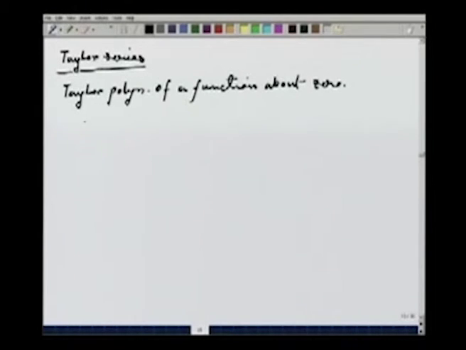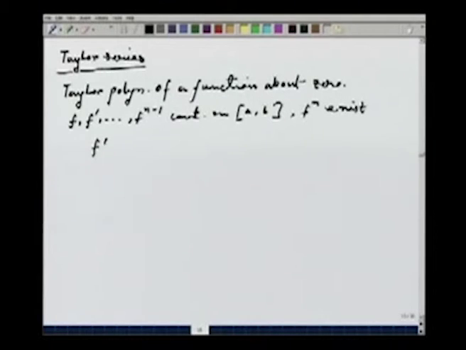We have proved that if f prime up to f n minus 1 are all continuous on [a, b], and f n exists, then I can write f(x)